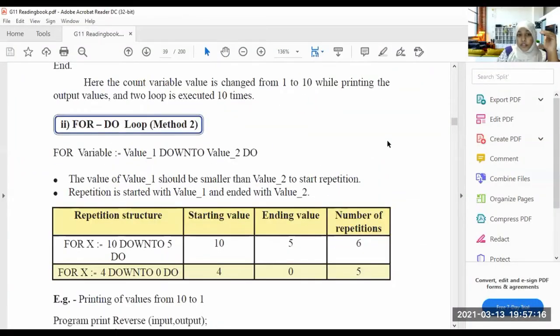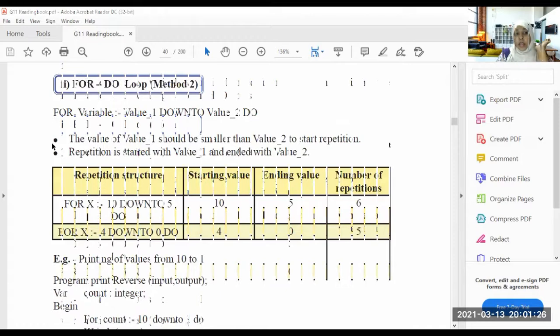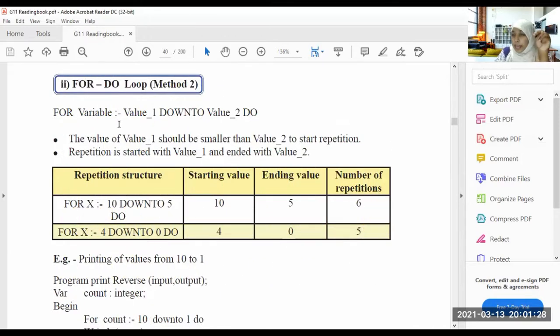Now let's go to the second method, the for down to do loop. For variable equal to value 1 down to value 2, do. In this situation, the value 2 should be smaller than the value 1.